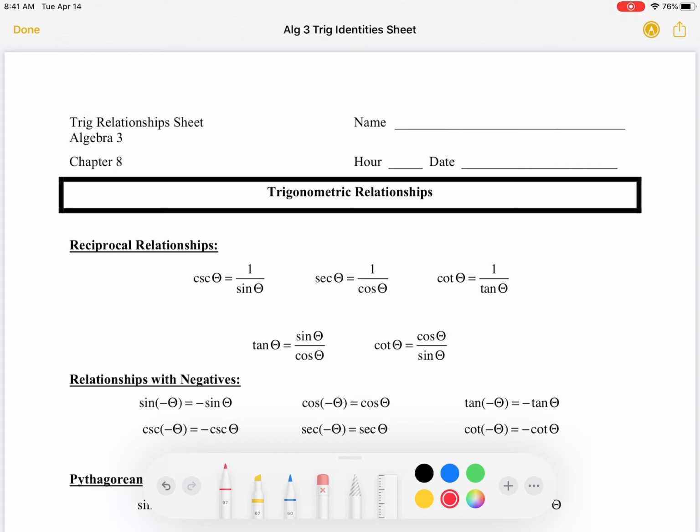One thing for you guys to understand is that the math department decided that it's important to teach you the important things moving forward. Obviously, we're not going to be able to get to everything we wanted to. But for seniors, that means we want to teach you the stuff that you're going to need in college. And for juniors, that means we want to teach you the stuff that you're going to need in your classes next year.